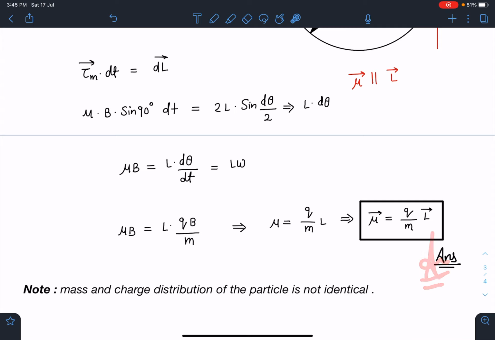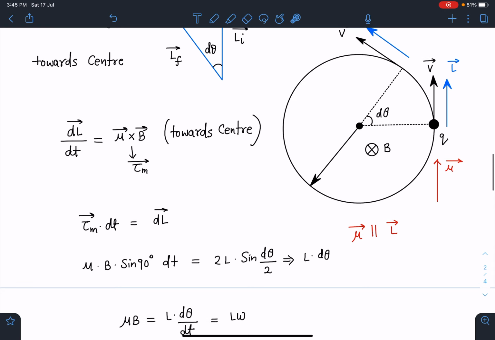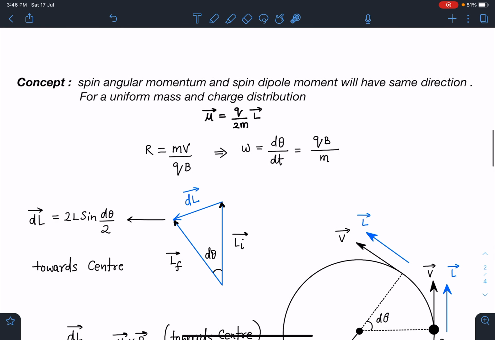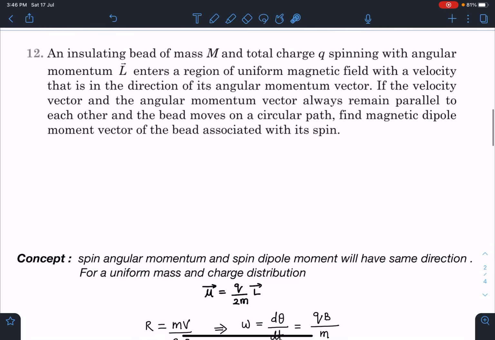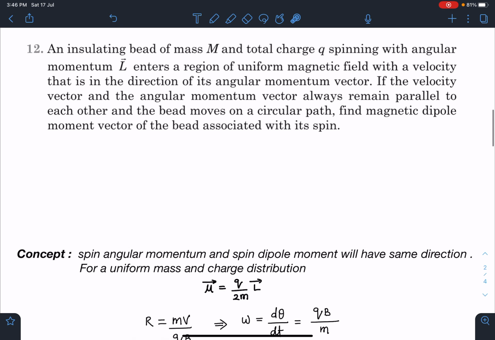So I hope guys you have learned something very interesting in this, and it's a very nice problem, slightly on the easier side compared to the other Pathfinder problems, and that's what makes it important for JEE Advanced type of exam.